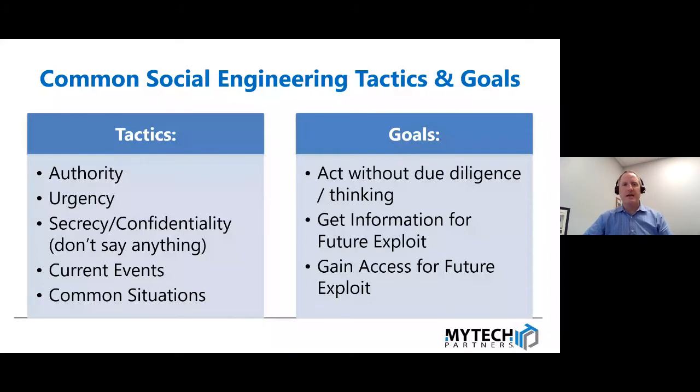Current events, sometimes social engineering tactics and goals, they will take leveraging a current event like Hurricane Ida that hit New Orleans in Louisiana that's going on right now. There might be charity events or charity fund requests, things like that, where people might try and get you to take action because you want to donate to relief efforts. They'll try and take advantage of some current event that makes it seem more legit, might lend the request some additional credibility, where in the past maybe that was something that you wouldn't have fallen victim to.